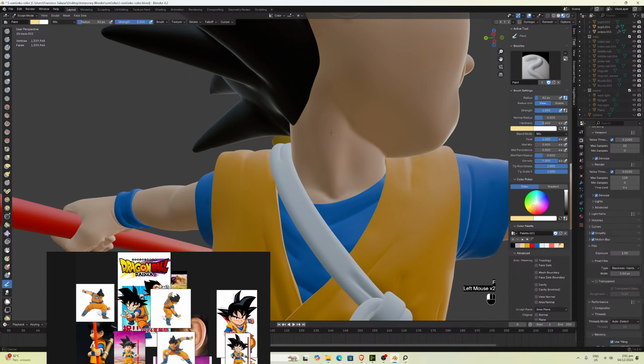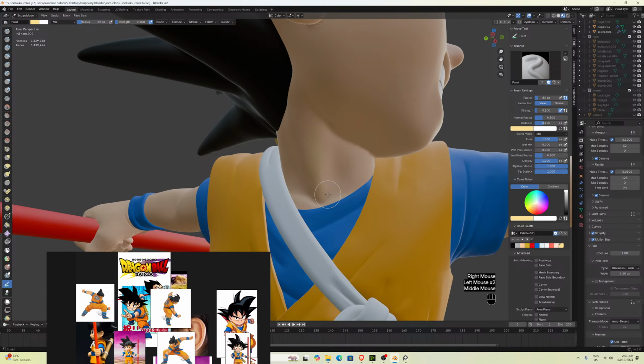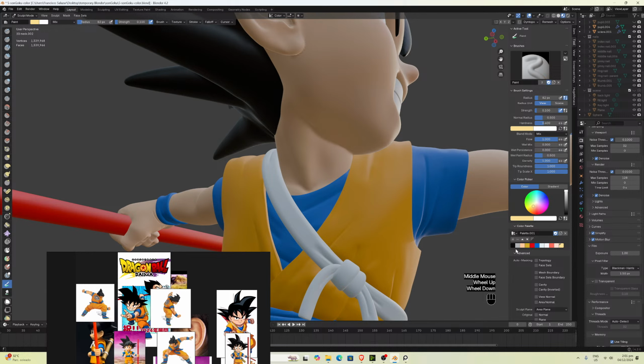No, sorry, I forgot to change the value. A little bit of yellow here. Was too much maybe. A little bit darker. No, darker. It is like